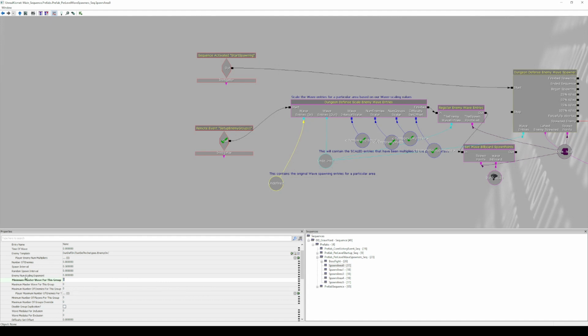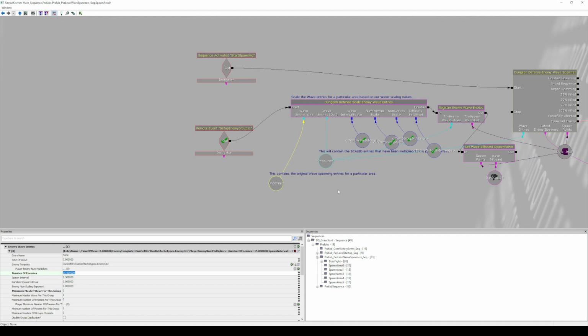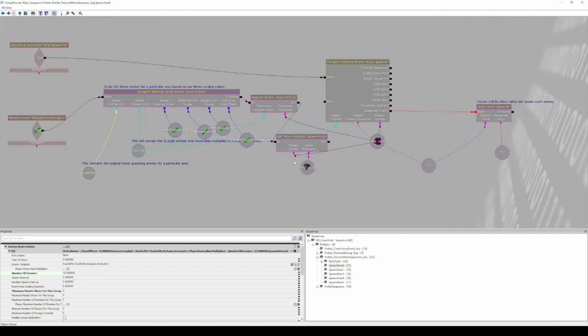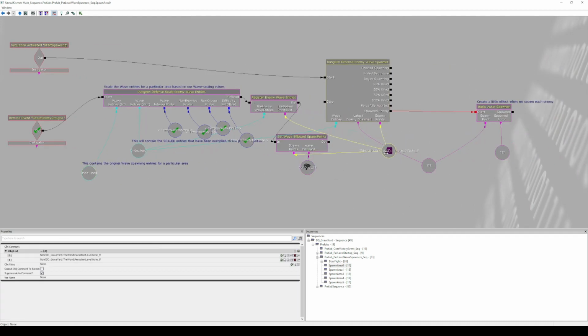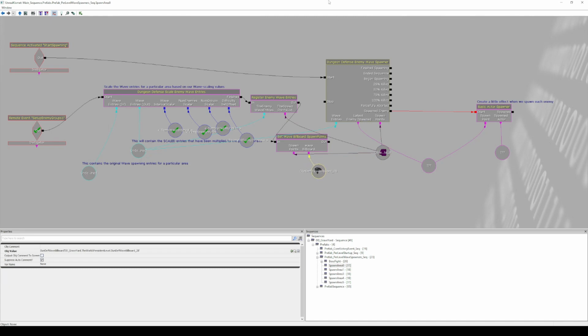So I'm actually going to set this back to 0. I'm going to change these number of enemies a bit so we can see a lot of them spawn. And that's all I'm going to change. Now, coming over here, we need to set the spawn points and the wave billboard, the new wave billboard we